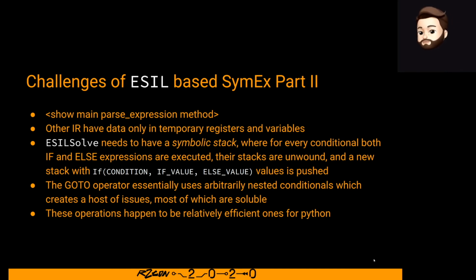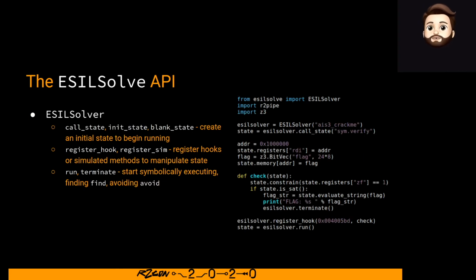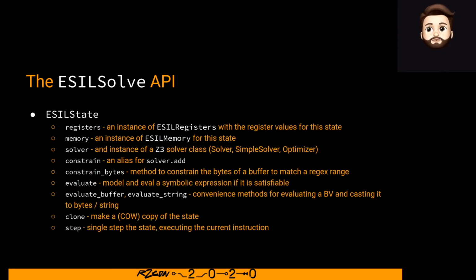Okay, so these next couple slides are about the ESILsolve API, but we don't have enough time to go through each of these things. We're going to go through them in the context of a couple of demos of solving different challenges with ESILsolve. Here is the ESIL solver. This is the main class. You see on the right an example where you can see some of these methods used. Then we've got the ESIL state, which is the other thing that you'll mostly be dealing with